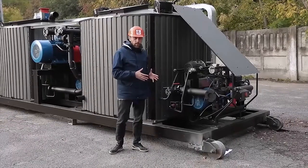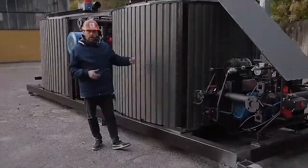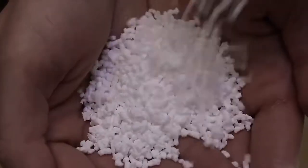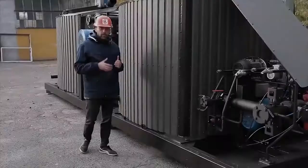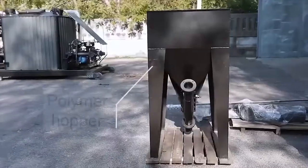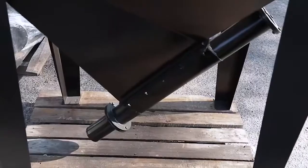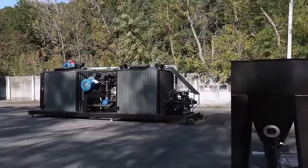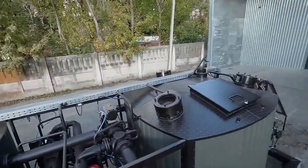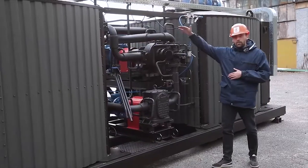The plant starts, bitumen is heated to 190 degrees Celsius and is fed into the reactor vessels, and polymer is added by a screw conveyor. After the reactor is filled, the supply of ingredients is stopped. During loading and unloading from the reactor, 3 high-speed propeller mixers operate inside, evenly distributing polymer particles throughout the entire